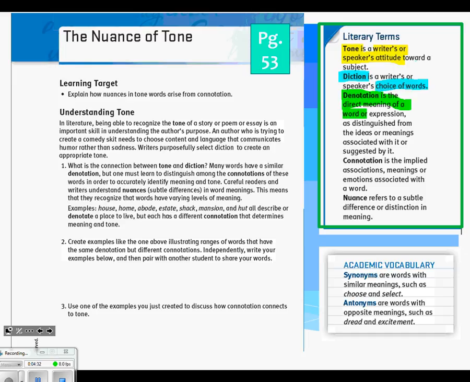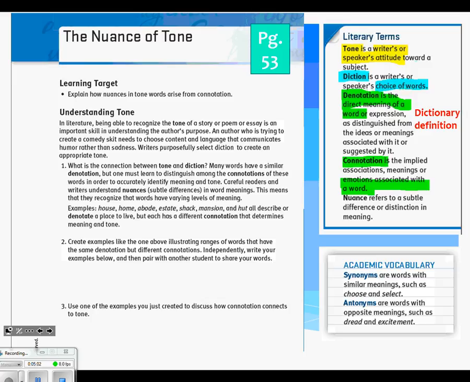All right, the third word is denotation. Again, this is a word that you're probably familiar with. You just need a refresher on it. Denotation is the direct meaning of a word. And I want you to make yourself a little side note that you see on the screen. Denotation and its cousin word get confused a lot. So I have a little mnemonic device that helps me, and it might help you. The D in denotation stands for dictionary definition. Denotation, dictionary definition.